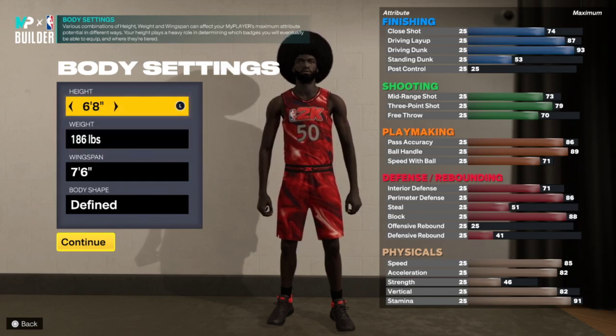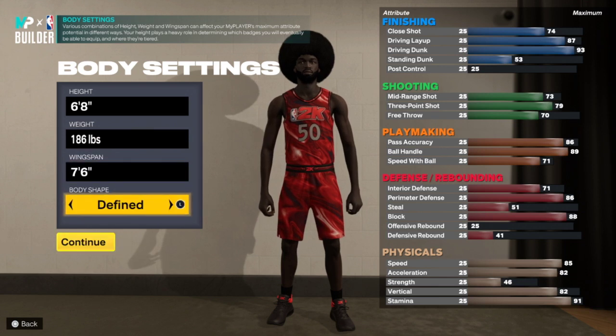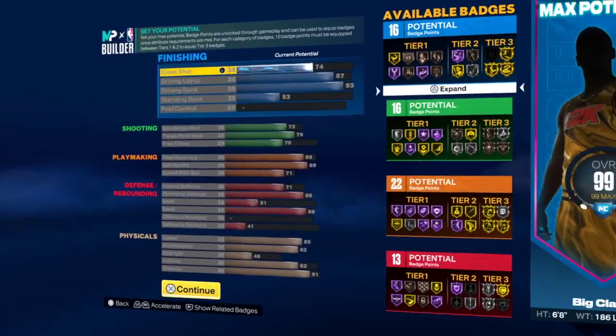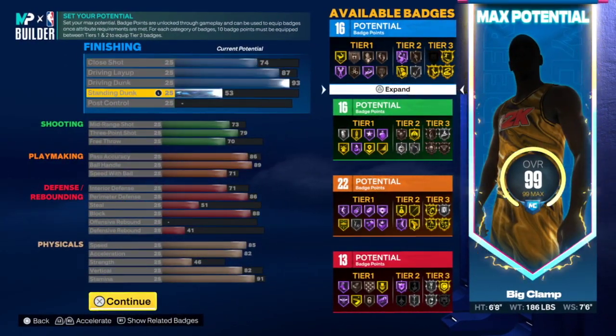Okay, you want to make him 6'8", 186 pounds, and 7'6" wingspan, and then the body shape, you could do whatever you want with it. And then let me go ahead and show the build. So y'all see the badge count. Now keep in mind,